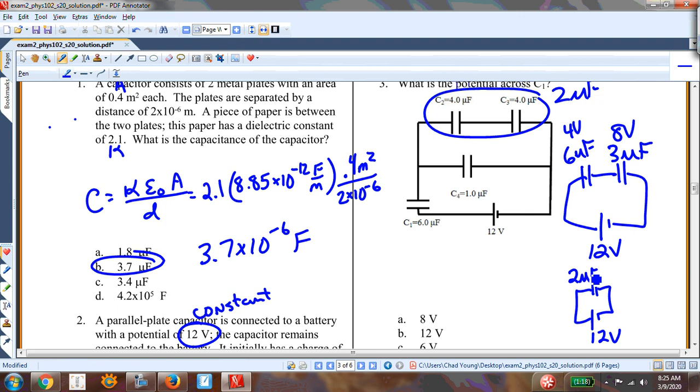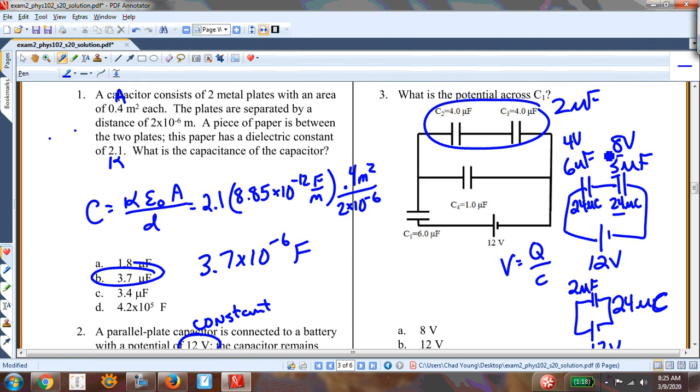6 and 3 in series is 2. That means that this capacitor has 24 microcoulombs, Q equals CV. That's 24 microcoulombs there and 24 microcoulombs there. V is equal to Q divided by C. So 24 divided by 6 is equal to 4. 24 divided by 3 is equal to 8. And so if I want to know the potential across C1, that is going to be this, so 4